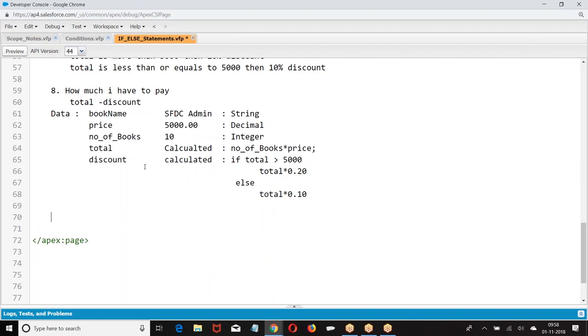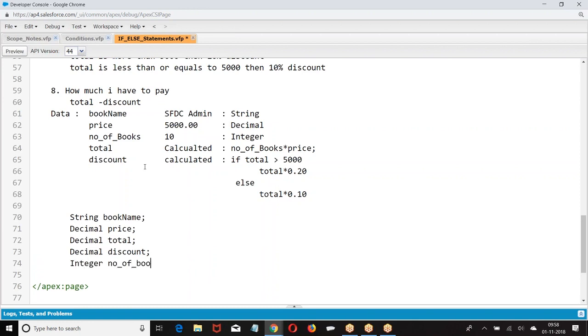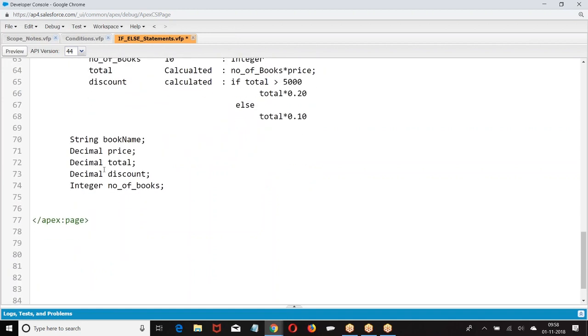So what should I do? Write the code. String name. We can write in a single line like this, but I am writing separately to give you practice. If you want to write in a single line, okay. Total.